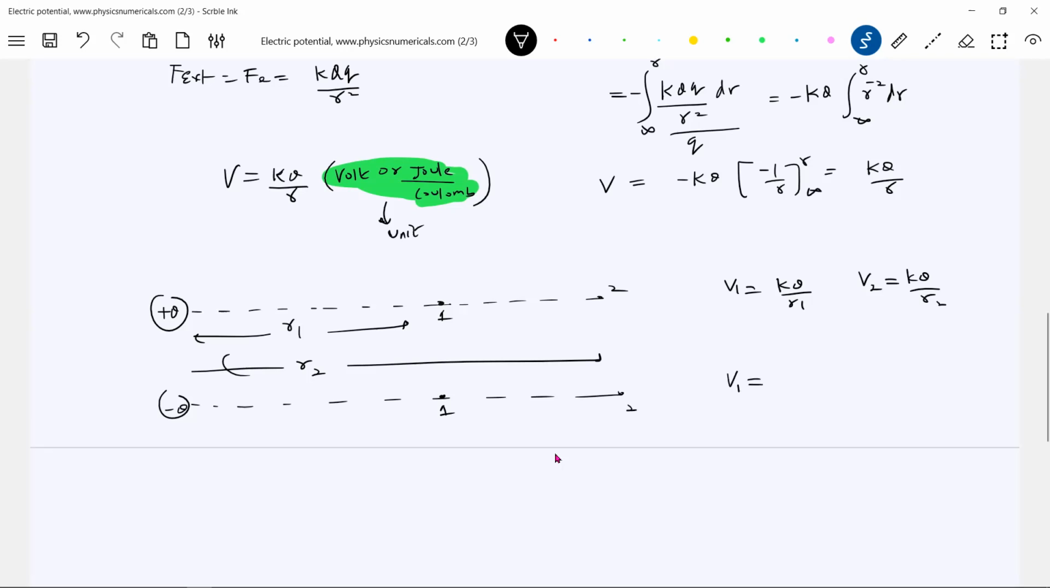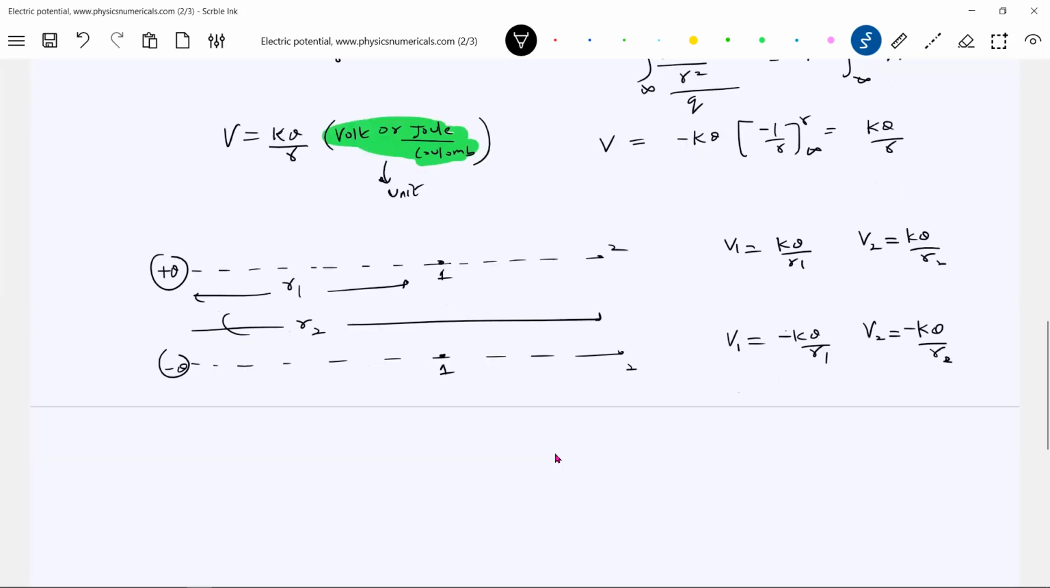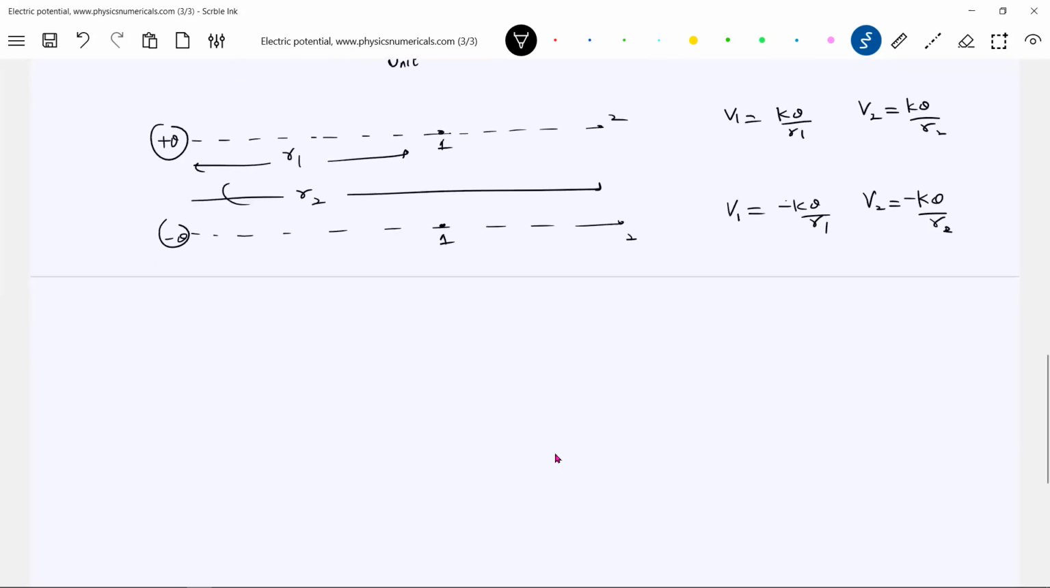Potential at 1 will be minus KQ by R1. Potential at 2 will be minus KQ by R2. Whether the potential is positive or negative all depends upon the type of charge. Then similarly, if there are more than 2 point charges, suppose